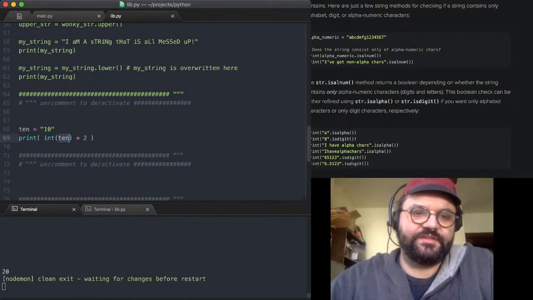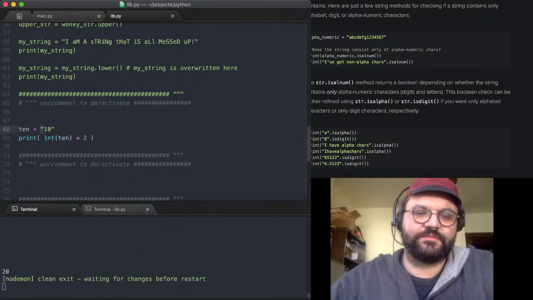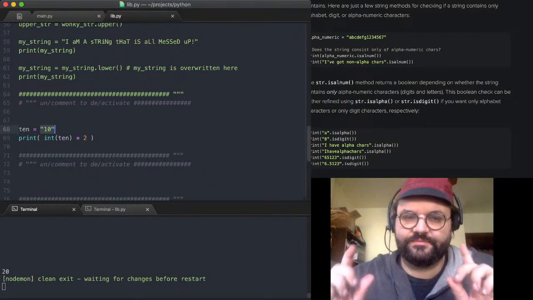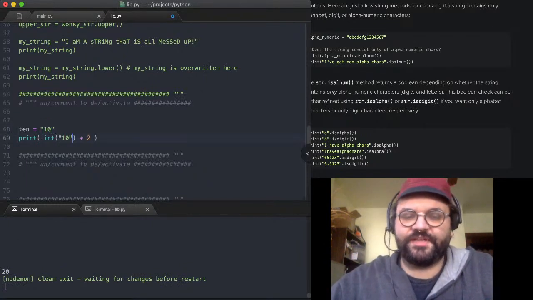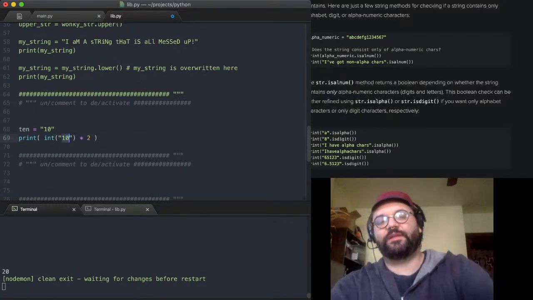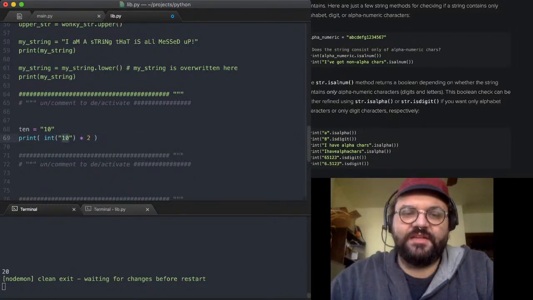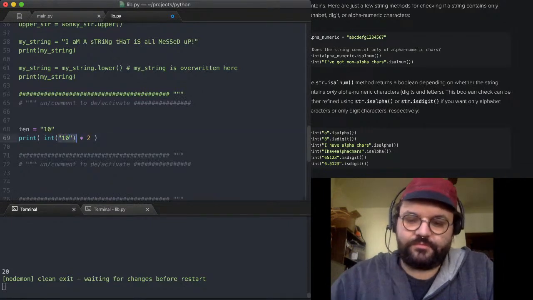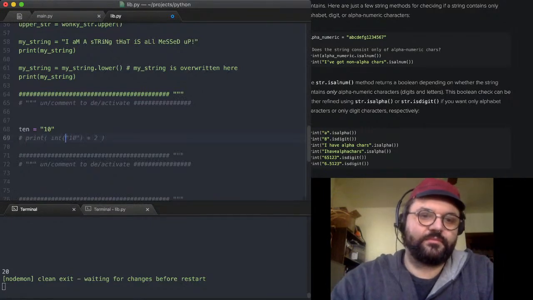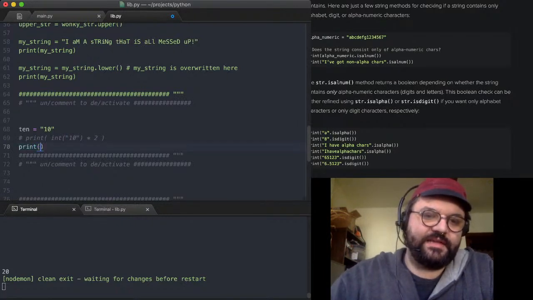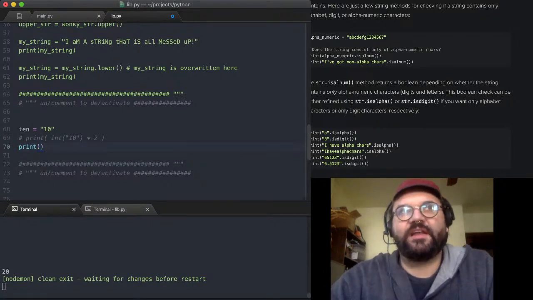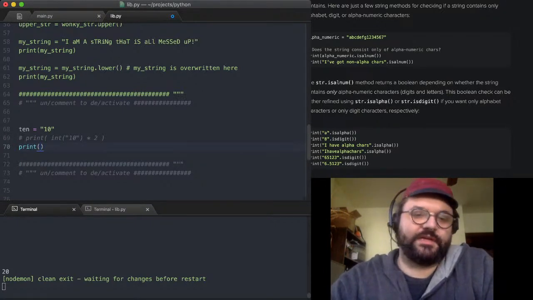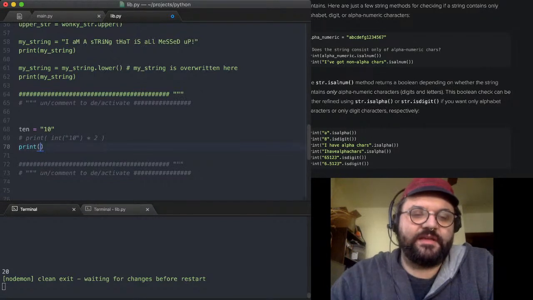So notice this operation is possible because, and this is tying it back around, the types of the characters in the string are digit characters, right? So there are different kinds of characters in a string. And we have methods to tell us true or false as to whether a given character matches a given kind of character. So I might say,